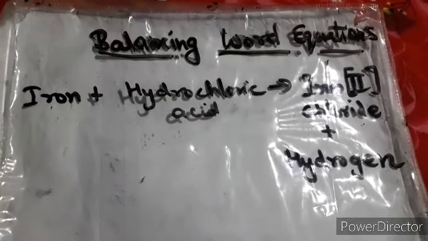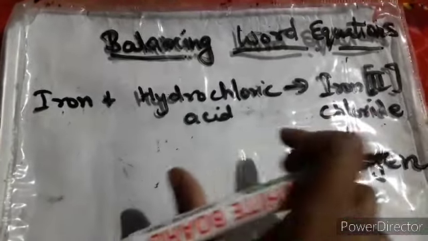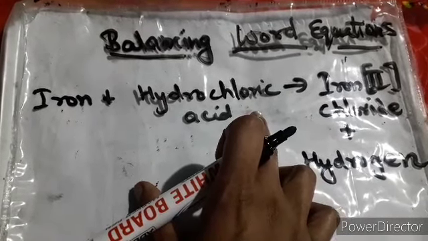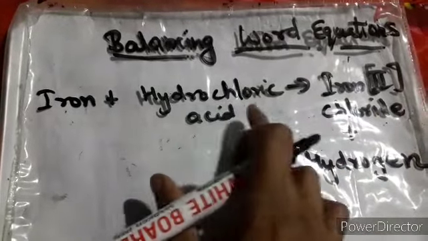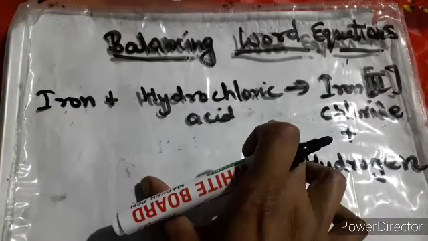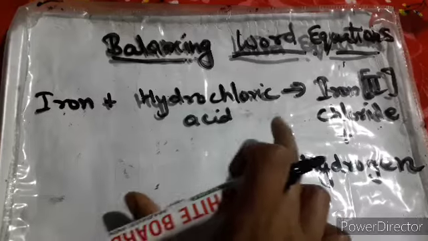Now this is one more example, iron and hydrochloric acid. Please, for these particular cases, like different acids or bases or certain specific compounds, please learn the names, so it will become easy for you all. Otherwise you will be confused. Hydro means what you have to write, chloric, I know it is HCl, but you may be confused. So there are specific compounds in your books that are given in class 9th, even in class 8th also. So please learn them, so it will become easy for you all.